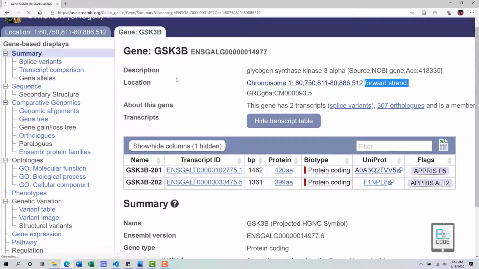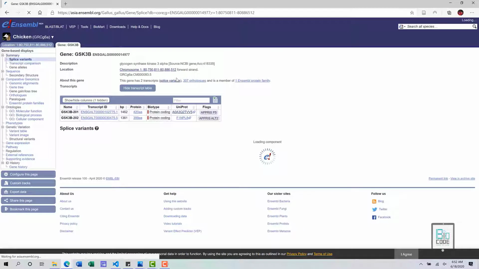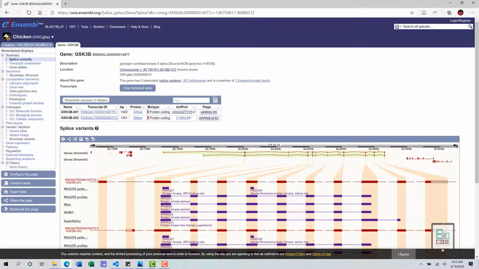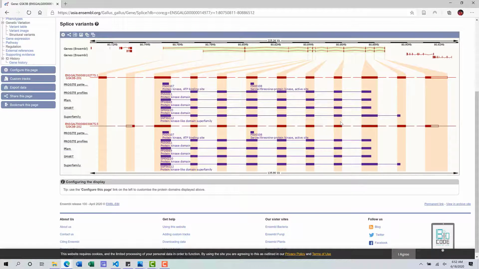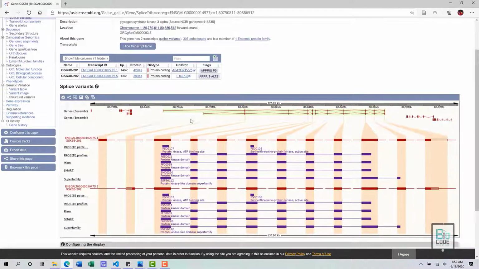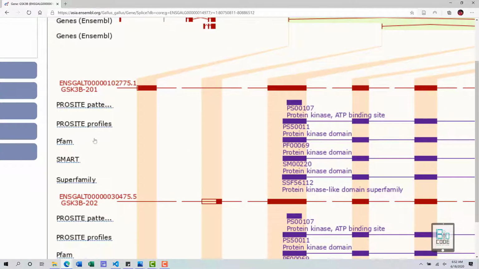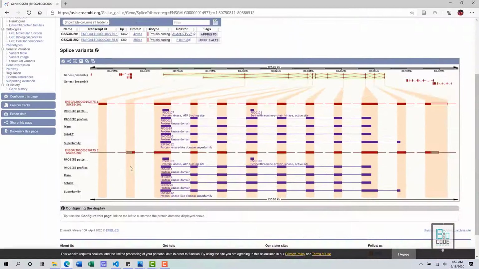Let's go to the splice variants. In the splice variants we can find the variants that are created through this gene, and they are created using alternative splicing. We do have various other databases involved, such as PROSITE Pattern, PROSITE Profile, Pfam, SMART, and SUPERFAMILY.